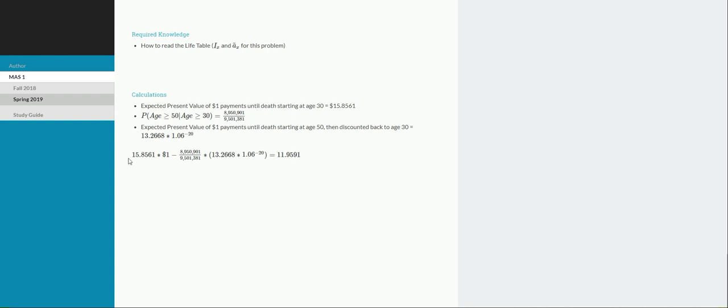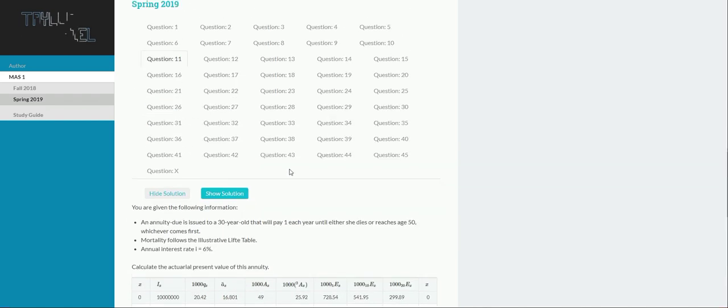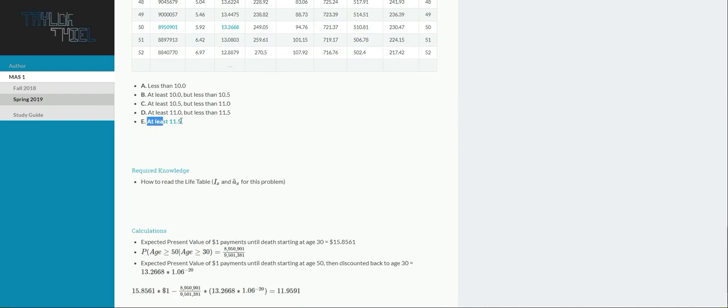But again, just to summarize, we have our annuity due value when we get payments of $1. This takes into account the probability of dying at all different ages, starting at age 30. But then we want to subtract off the present value of that same annuity, but starting at age 50, multiplied by the probability you live that long. And then that results in our final desired number, which is the expected present value of that form of payment system. So scrolling back up, we see that 11.95 falls in the range of E,